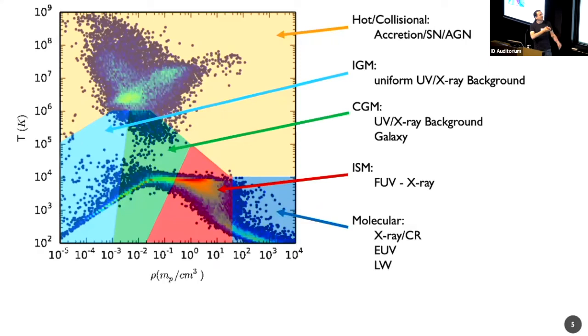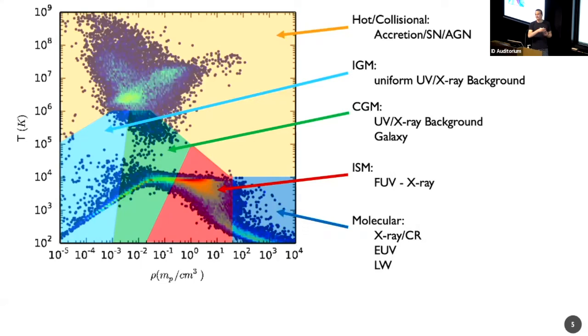In the galaxy, in the ISM itself, we are mostly dominated by stellar radiation. We have heard from Ben before that FUV heating plays a crucial role in there, but also stars in terms of the ionization state. And lastly, we have the cold, dense molecular stuff, which is influenced by Lyman-Werner radiation, which dissociates H2 molecules, or also ionizing radiation in the different bands.